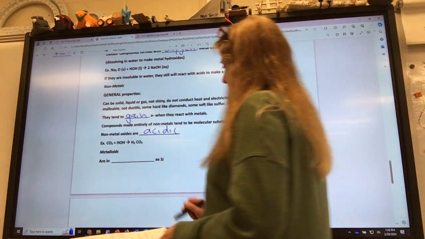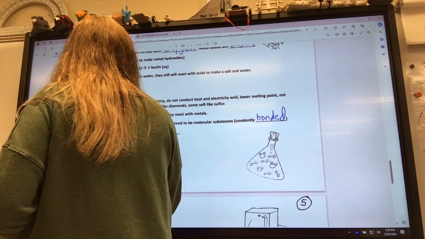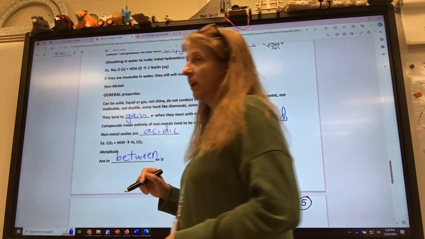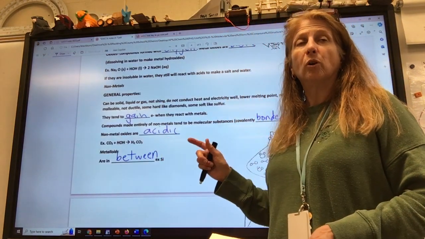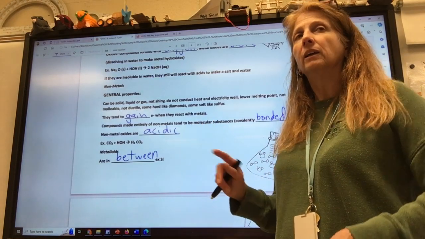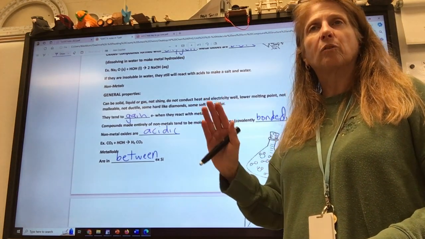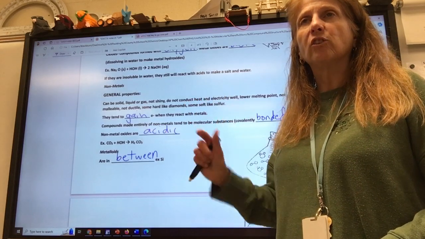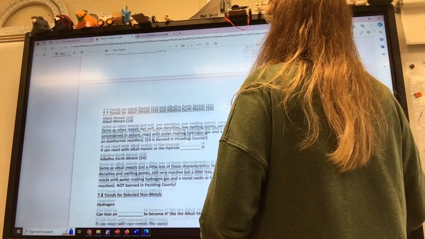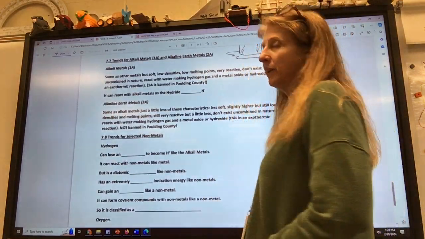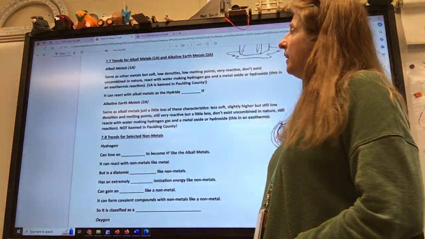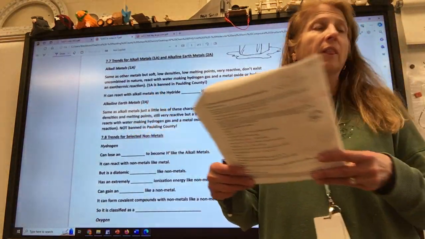Metalloids, okay, they're in between. They're a little bit like metals, a little like not. An example is silicon. Pure silicon doesn't conduct electricity, but you can put stuff in its crystal. It's called doping it, and then it conducts better. You can change what you doped it with and change how much it conducts electricity. And that's what the whole idea of making computers is based on, changing how much it conducts electricity. Okay? Next, alkaline metals.